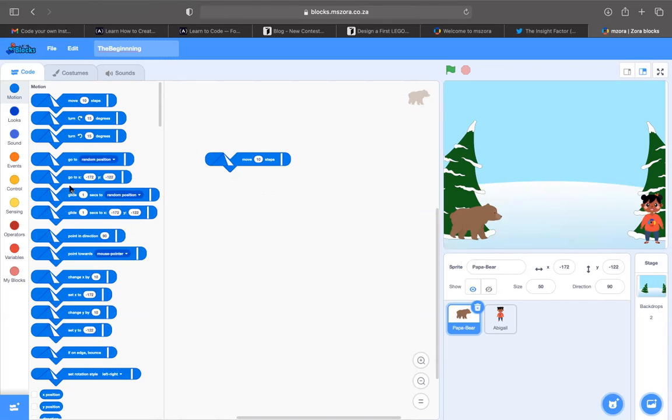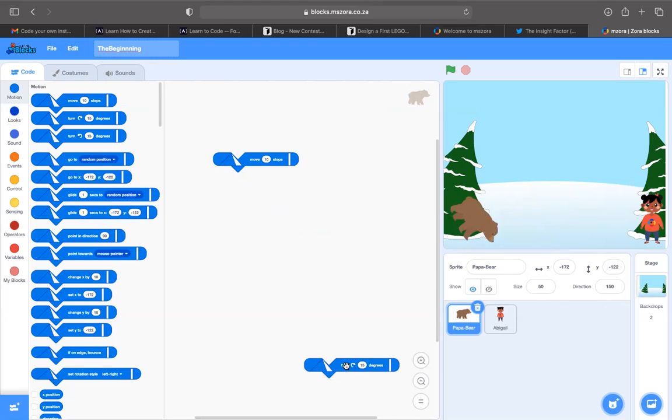So what I would encourage you to do is to randomly select any block that you want and see what that block does. For instance, this one says turn 15 degrees. Let's see if I double click on this, what does it do? It turns our bear by 15 degrees.